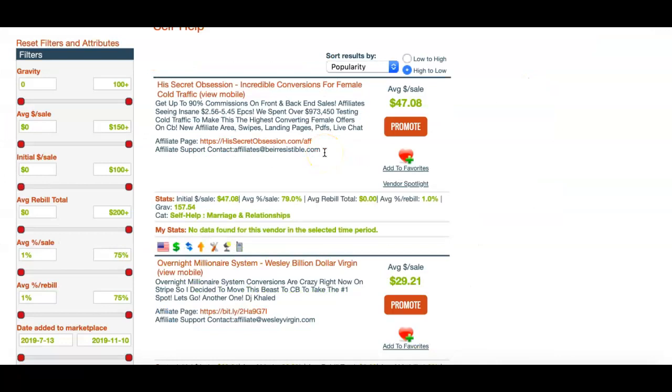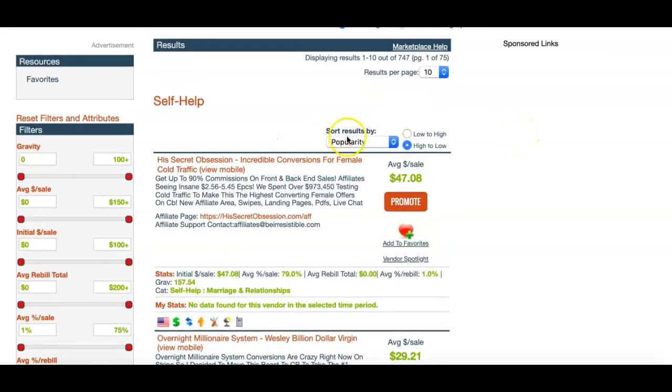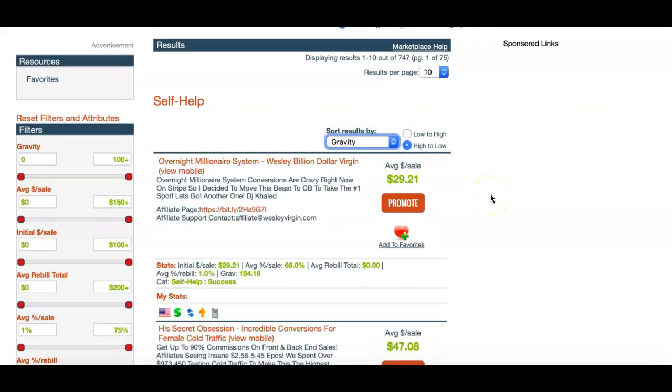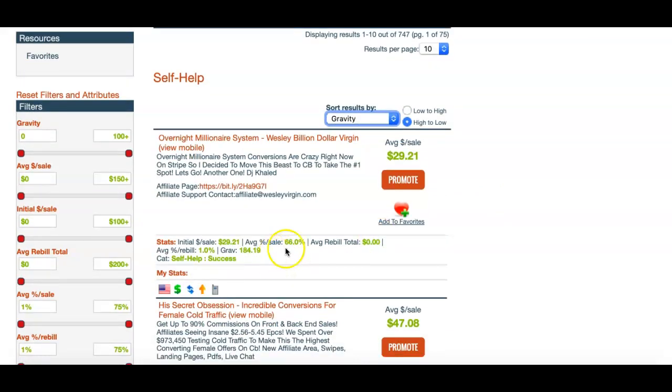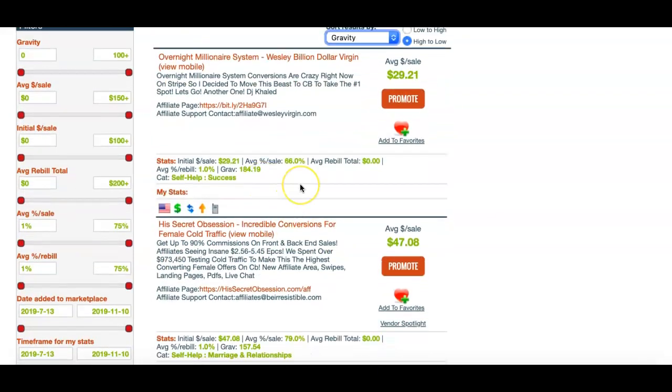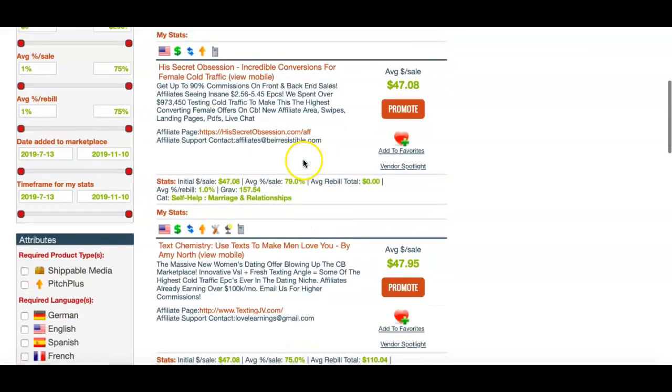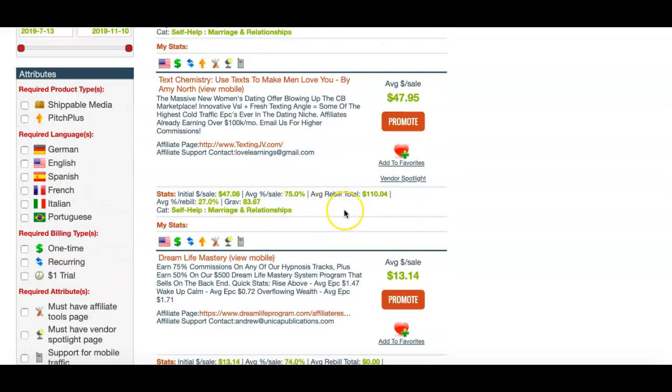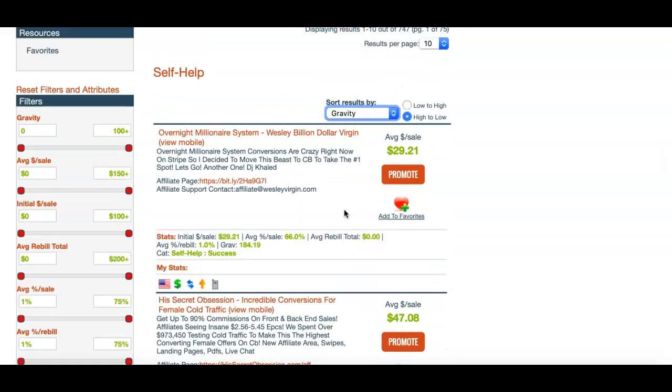I want to show you how we can then use that information now to go and find those great products to promote. So if I come up to here, sort results by, and then click on gravity, you'll see that the results will change, and the ones at the top will have higher gravity. This overnight millionaire system has 184, the second one down is at 157, and then down to 83. So my initial look at this would say that the overnight millionaire system is obviously going to be potentially a